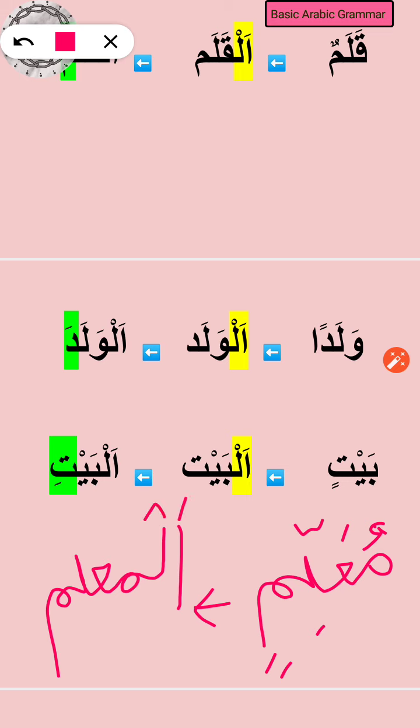So al muallimi. One thing that is a bit different in some scripts of the Quran Pak, of the Musaf, we have this letter here, and then we have